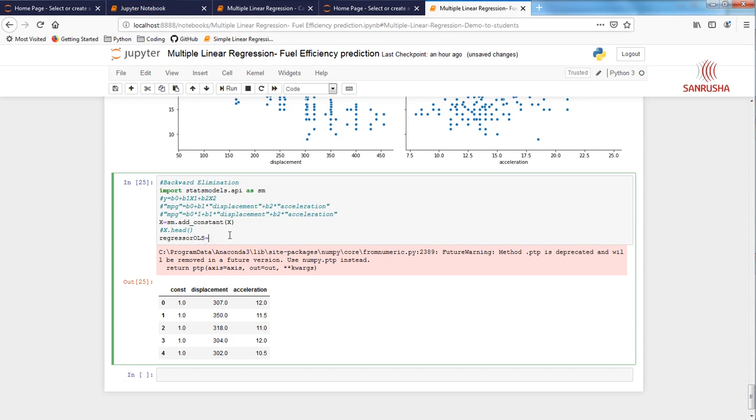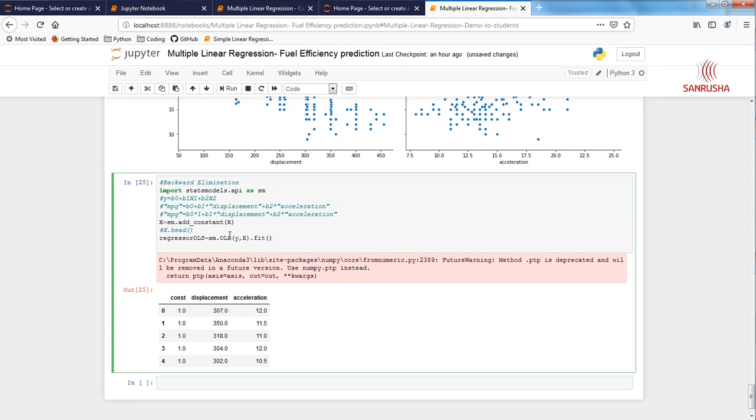We can put any name here, and we say sm.OLS with y and x, we're going to fit it, and now we're going to print the summary. Okay, and let's run this.